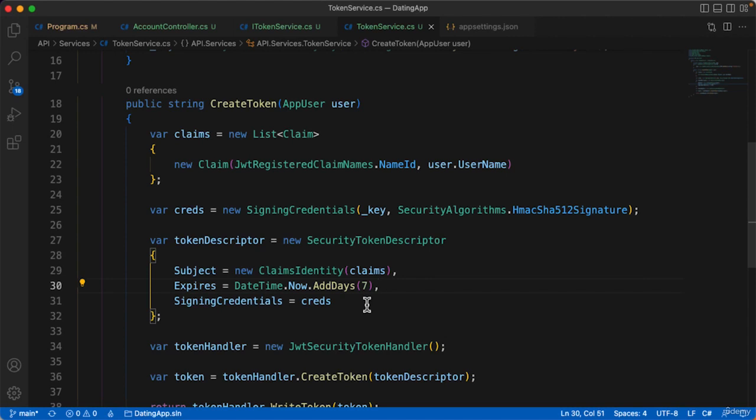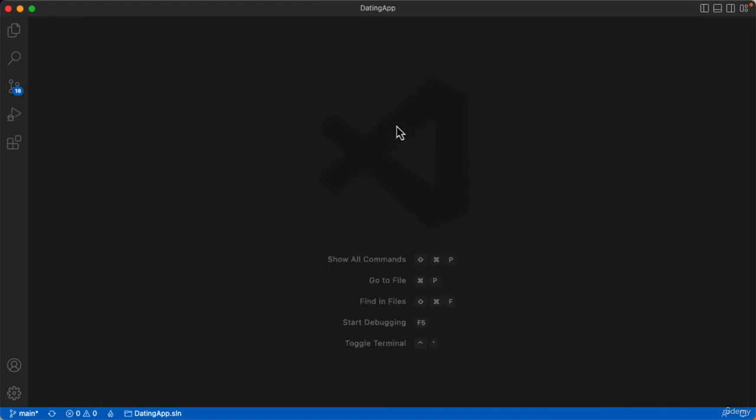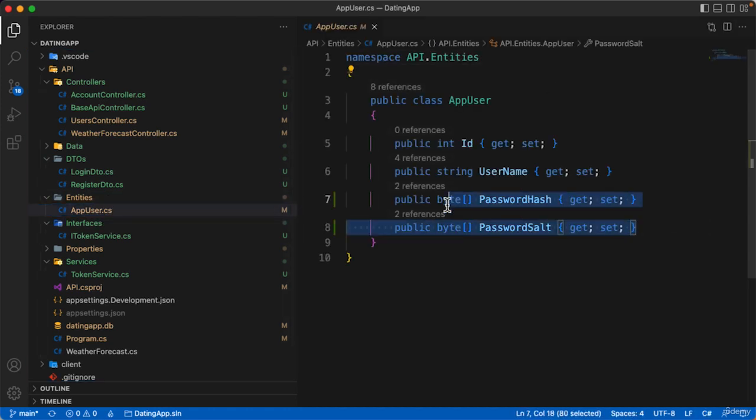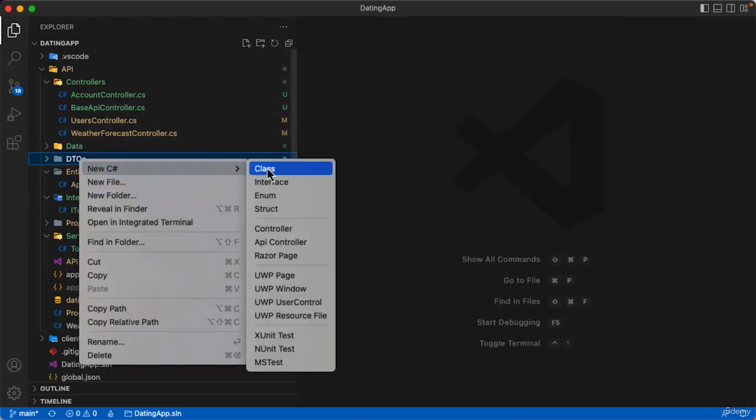Okay, now we've got our token logic. Let's go ahead and do what we need to do so that we can return this token when a user logs in or registers. In order to do this, we'll create a new DTO, because currently we're sending back all of this information when a user logs in or registers, and obviously we don't want that. And this is a good time to use another DTO. And we'll create a class called